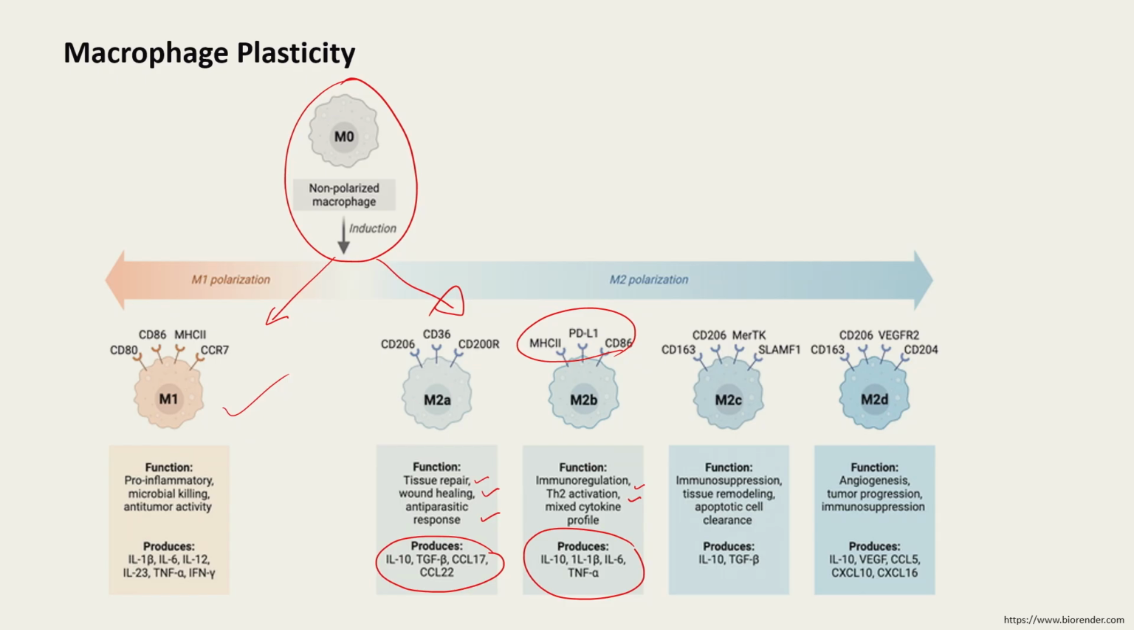For example, M2C, we can see that IL-10 and TGF-beta are released from this cell type, which can lead to tumor remodeling, apoptotic cell clearance, and immunosuppression. And again, M2D is involved in tumor progression and immunosuppression, and these are controlled by the secretion of a different set of cytokines. So one can understand that the polarized cell populations, which largely reflect the plasticity of an immune cell,